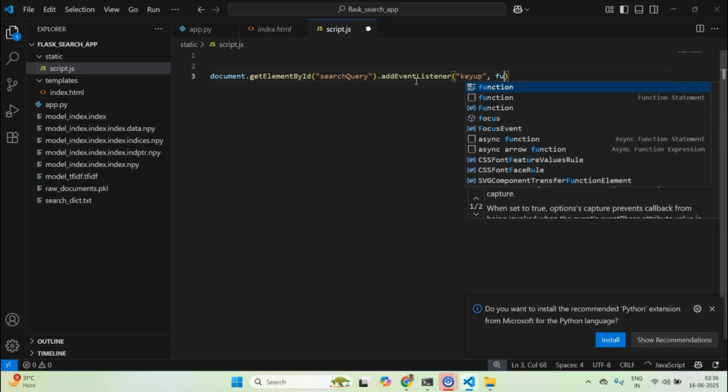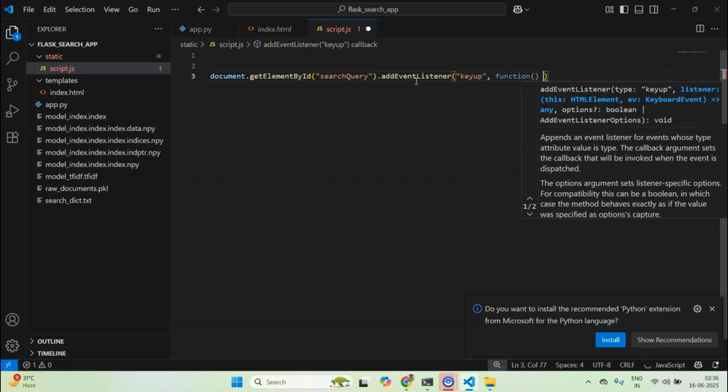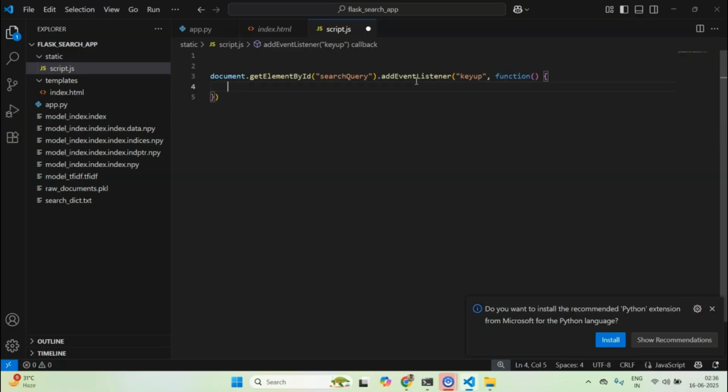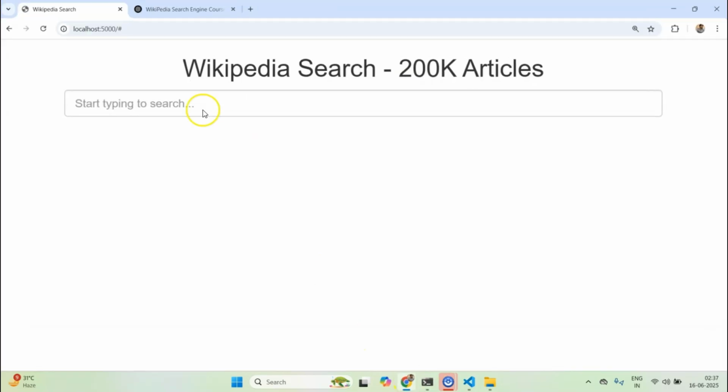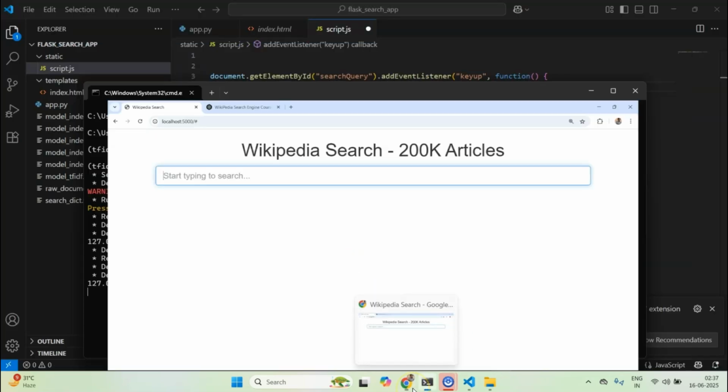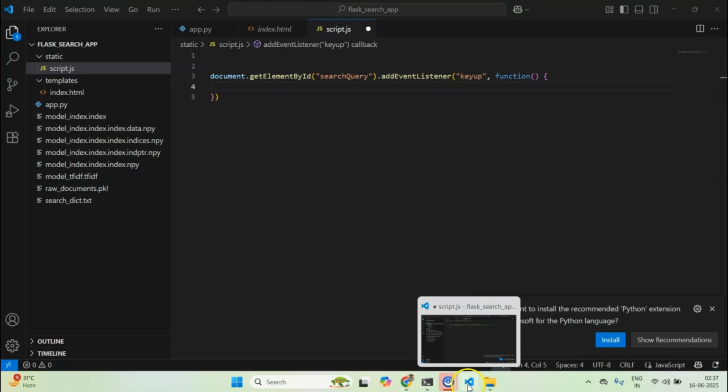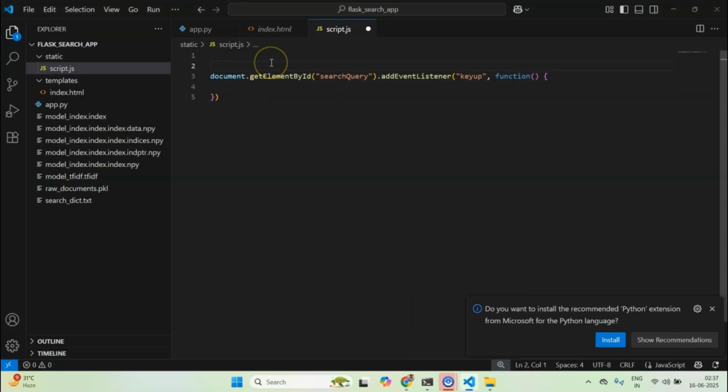The idea is that the moment I enter something, I want to fire up this function. Essentially, I don't want the user to press any button. If I had created a system where I had a button to show the results, it would have been easy. But the way I want to do it is as I am typing. So I will be calling this functionality after every some seconds, right? So now what I can do is